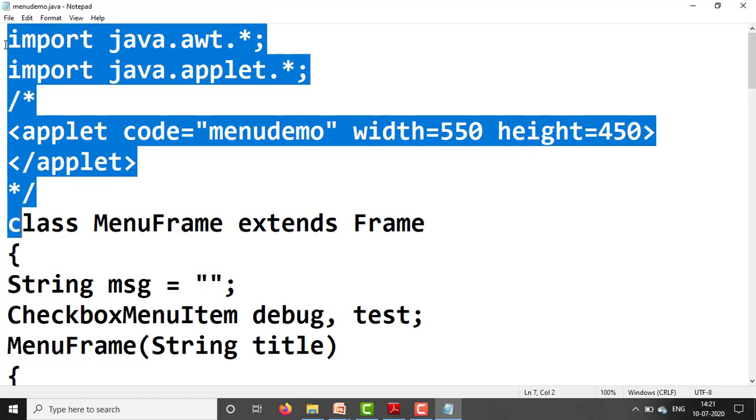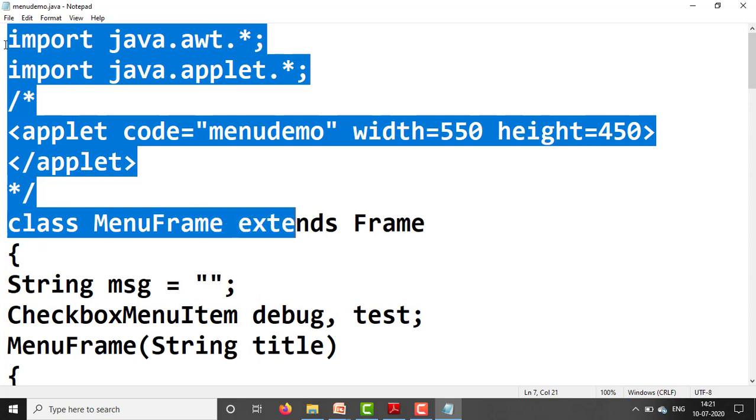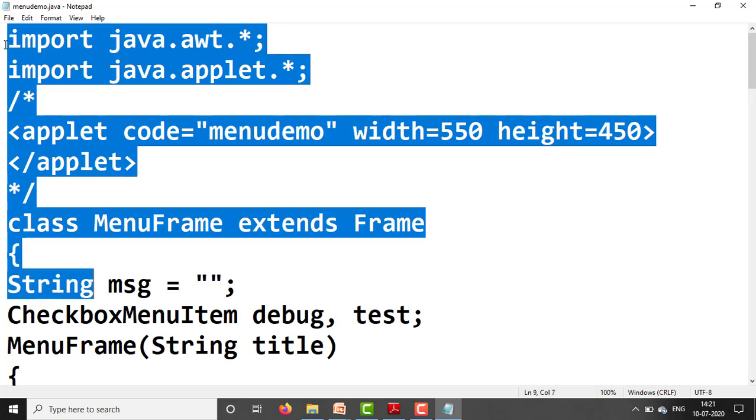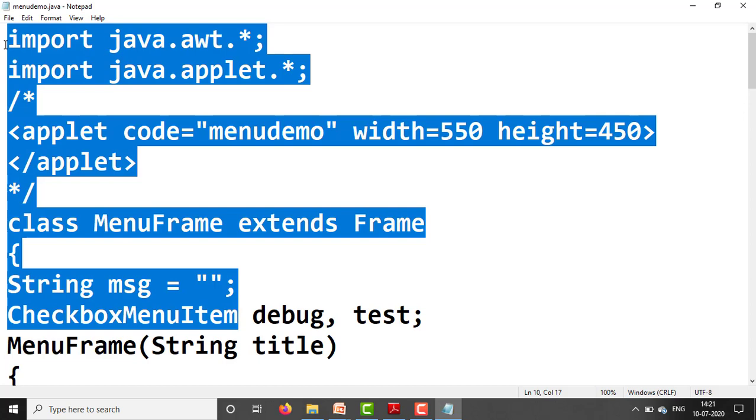Next, start the class MenuFrame extends Frame, where we are subclassing from Frame. MenuFrame is a subclass of the Frame class, so we have created it like this: class MenuFrame extends Frame. Open this class, initialize one variable String msg = null, and CheckboxMenuItem, its two objects debug, test.